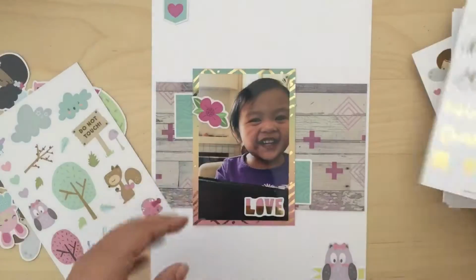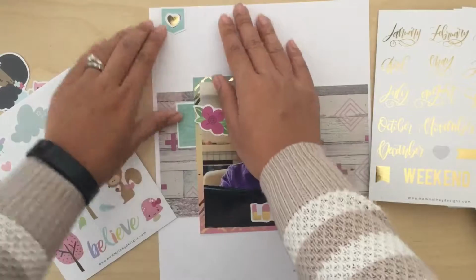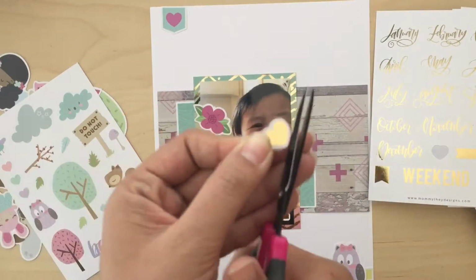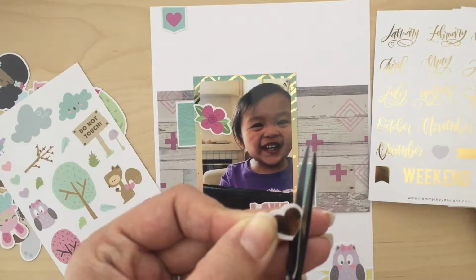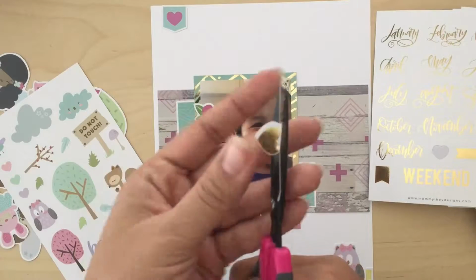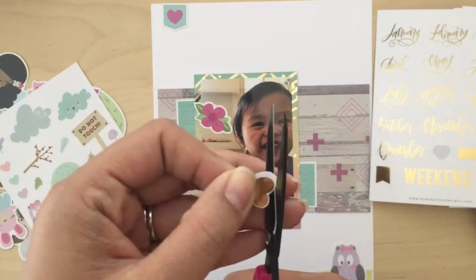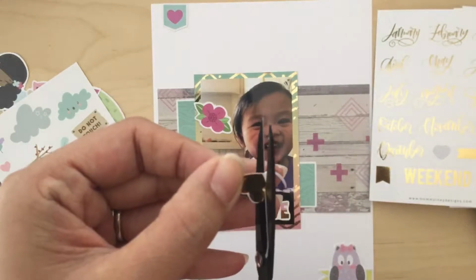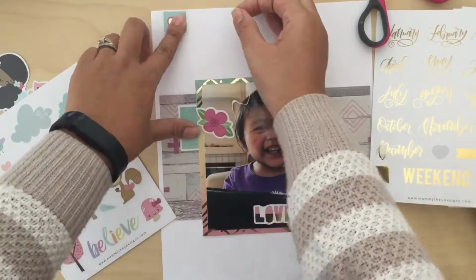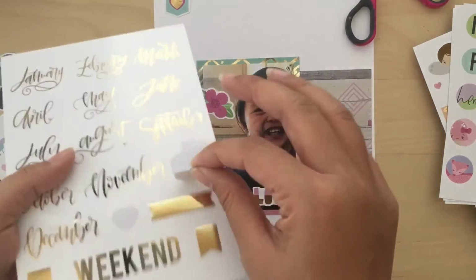So now I'm just going to pull that gold heart and place it over the pink heart up on the top. But it's a little crooked, and I don't know if you can tell, but when the sticker was being cut out, it wasn't as centered as I would like. So I went to trim off all that white space. And then I'm just going to stick it on top of the pink heart. And then I'm going to go find a little gold foiled flower, and I'm just going to stick that on the bottom